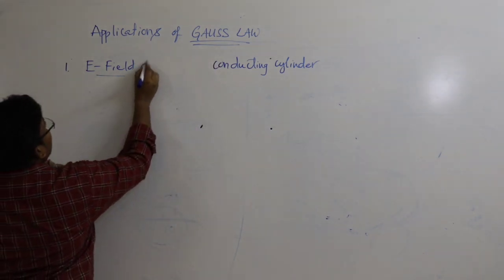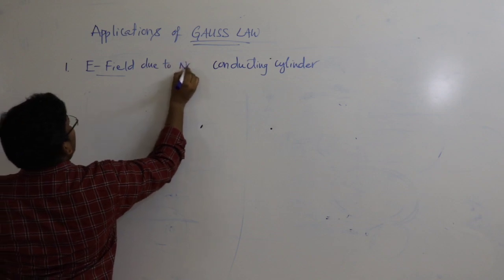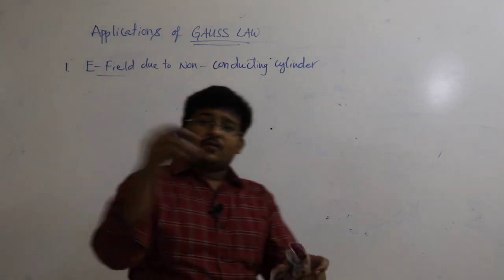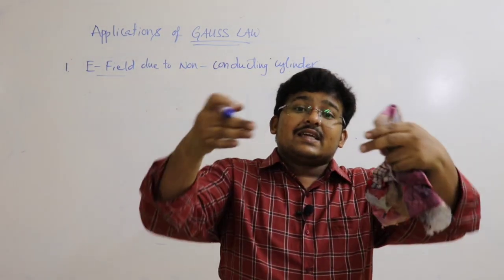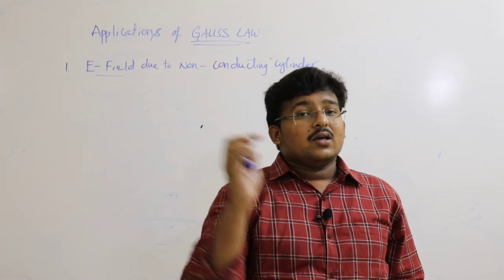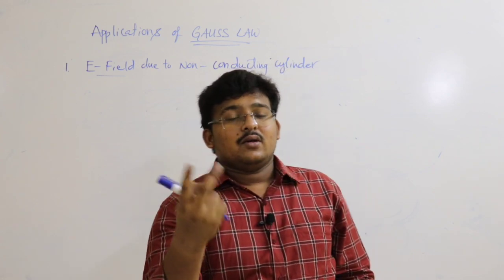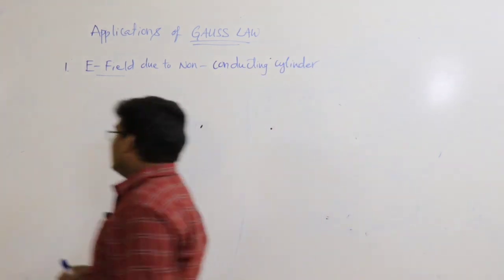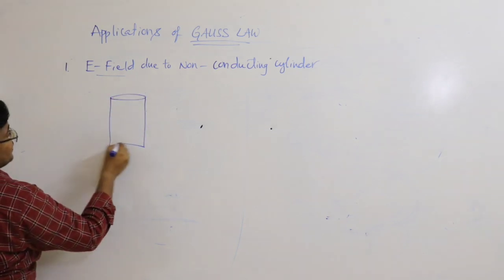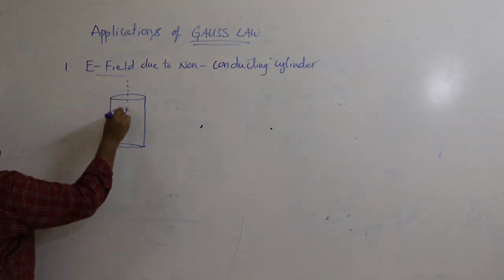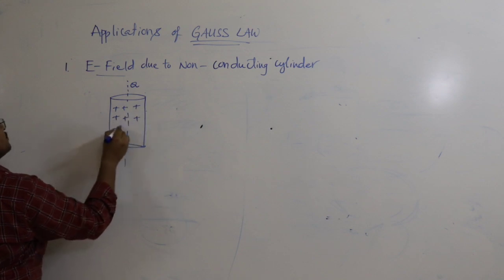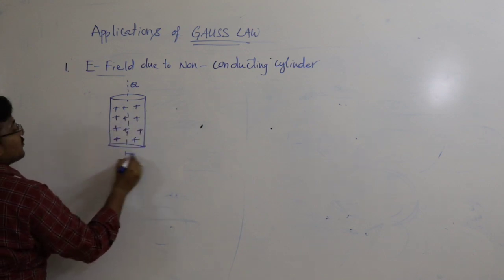So, electric field due to a non-conducting cylinder. Sir, what do you mean by non-conductor? For a non-conductor, if you give the charge, it is present inside also; it stores and distributes inside also. For a conductor, when you give the charge, it is present on the outside. For a non-conductor, inside. So that is why I have taken a cylinder, and now I will give a charge Q, so that it distributes inside also. It distributes inside, of radius capital R.